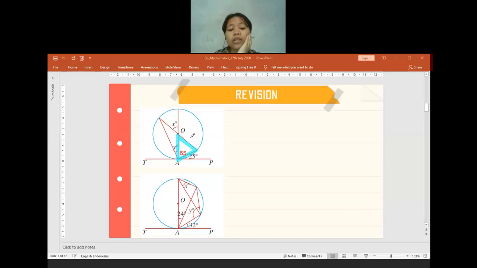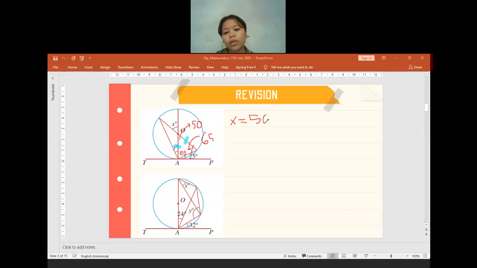Yeah, it is an isosceles triangle because we have two radius on it. This is radius. This is also radius, so it will be an isosceles triangle. So this part will be how many degree? 50. You sure? This is 65, yeah. So the other part in here will be how many degree? 50 degree. So the x will be how many degree? 50. Yeah, the x will be equal to 50 degree.